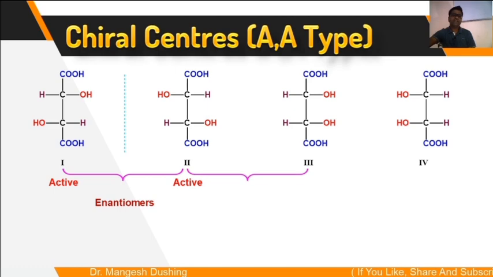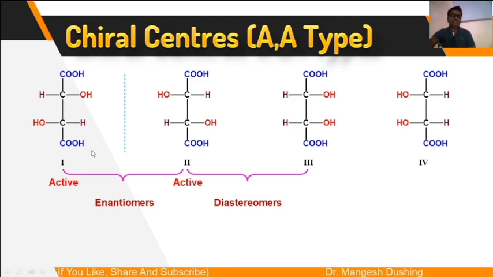Now you see the relation between compound number 2 and compound number 3. Are they mirror images? No, they are not mirror images. Look at here. This is OH over here, but here is H. So these are not mirror images. Here it's okay. Look at here. Here there should be OH, but there is no OH. So these are not mirror images. The stereoisomers which are not mirror images of each other are called diastereomers.